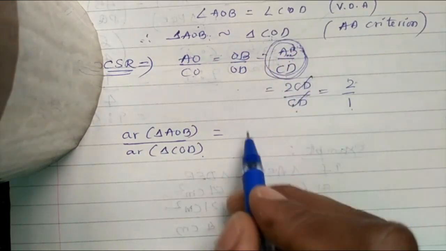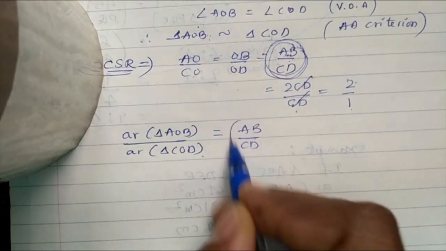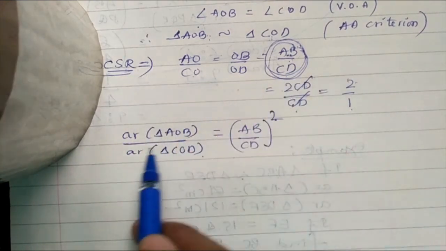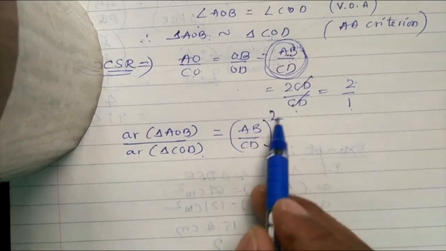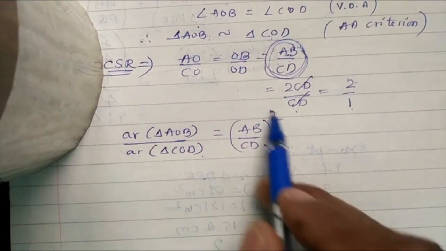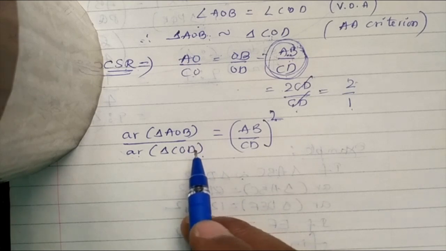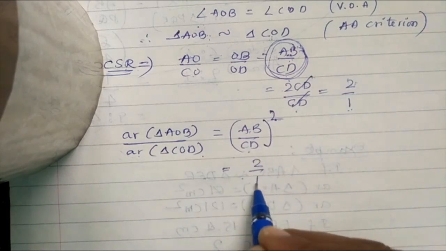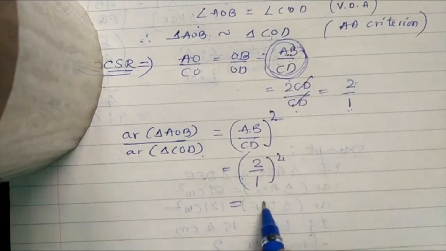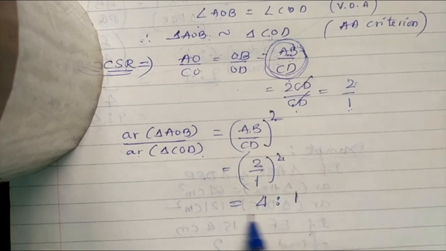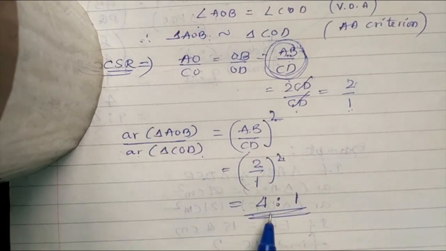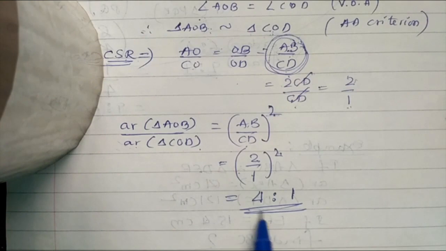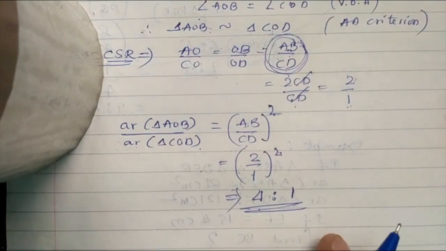So therefore, what will we take? AB by CD only we will take. But don't forget to put square. For corresponding sides, the ratio is without square, right? When we go for area, you have to do square. In my previous class, I taught you how to prove this by using the theorem. Now AB by CD, how much did we get? 2 by 1. And go for square. Finally 2 square is 4, 1 square is 1. So what is the answer? The ratio of areas of both the triangles is equal to 4:1. The question was, what is the ratio of their areas? The ratio of their areas is equal to 4:1.